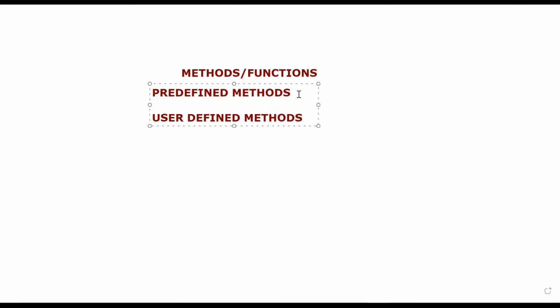I'll give you a common example of predefined methods. You might have seen this line, system.out.println. Guys, this is a predefined method. Whenever you call it, you can pass an argument inside it and it will work accordingly. It will print whatever you have written inside these brackets. If you want to display some variables, you can write the variables. If you want to display any string, you can write that string in these brackets. But this is a by default predefined method. You need not define it. You need not create it. It is inbuilt in Java.